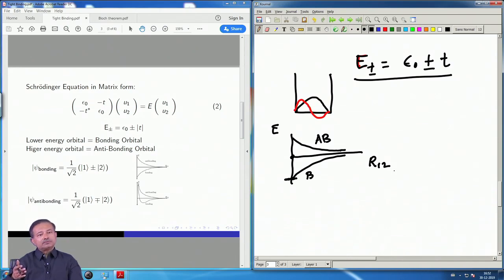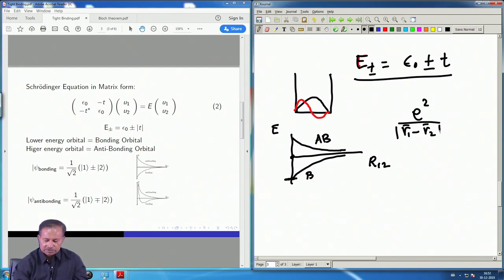The other major thing that we neglected was this interaction between the two nuclei. This is the interaction between the two nuclei. Suppose R1 and R2 are the electrons. If R1 and R2 are their coordinates, then this is the interaction that we'll have to consider, and therefore neglecting that interaction entirely will obviously give me a wrong answer. So, what is the right answer?